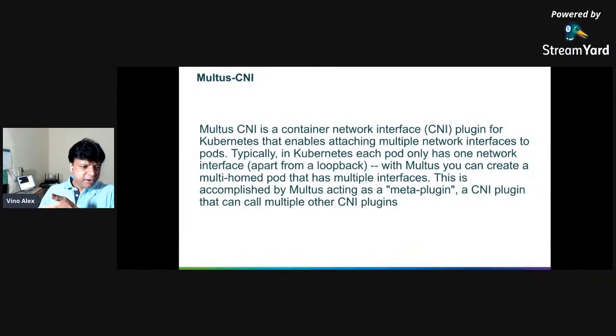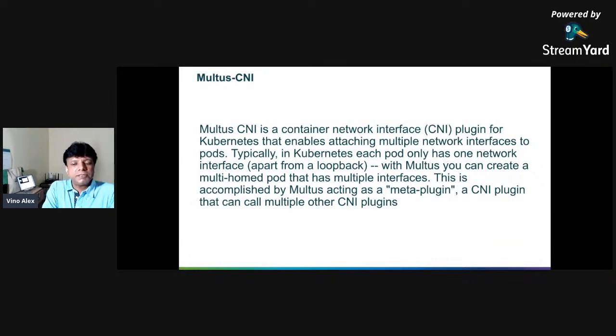So as a bonus talk, I could touch on the Multus part. I don't want to explain too much, I think we are going over the time. So Multus is a meta CNI. We call it a meta plugin, right?